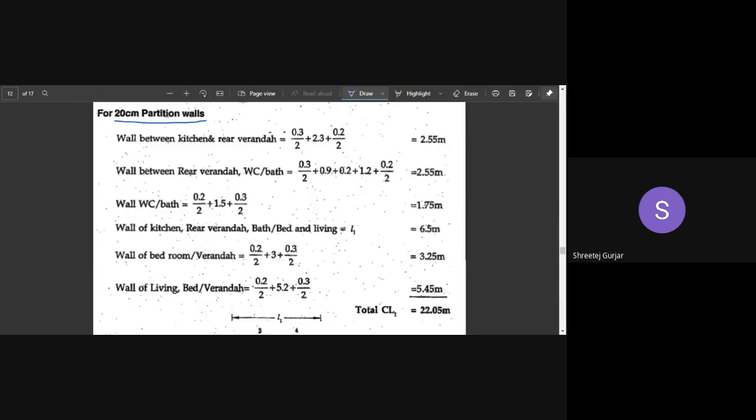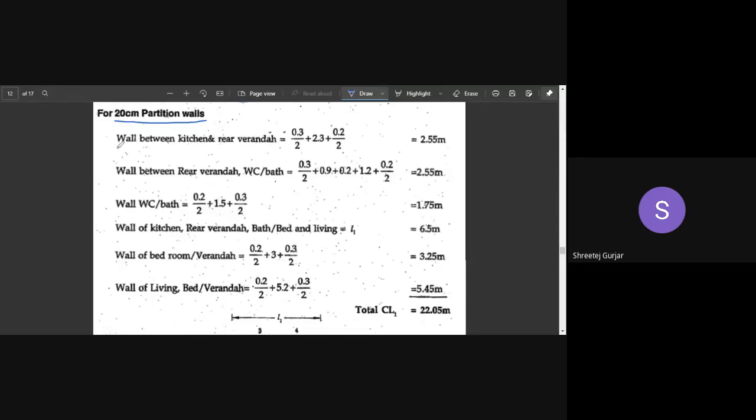Only 4, 5 of you out of 22. 6, 5. I can see only 5 hands have been raised. So what about the others? Others do not have the sketch with them, because it will be difficult for me to scroll up every time and explain. If you had the sketch with you, it would have been easier for you to understand and for me to explain. Only 4 to 5 of them have the sketch with them. Okay, you can lower your hand. So I'll try to just scroll up and down because it will be difficult.